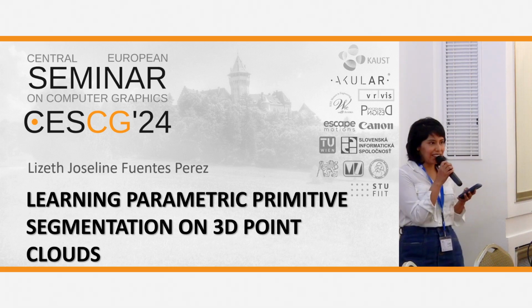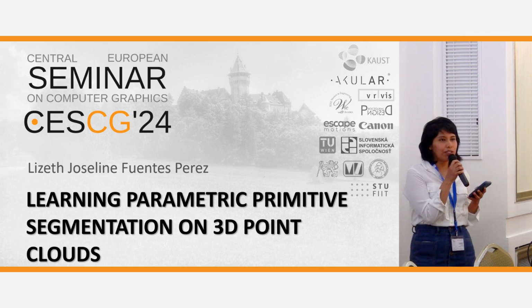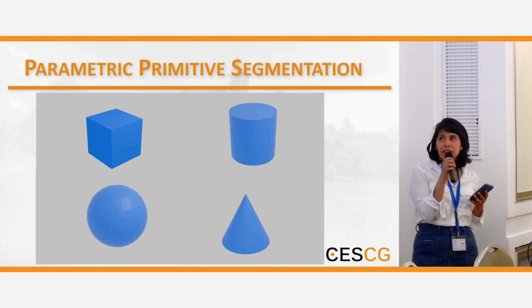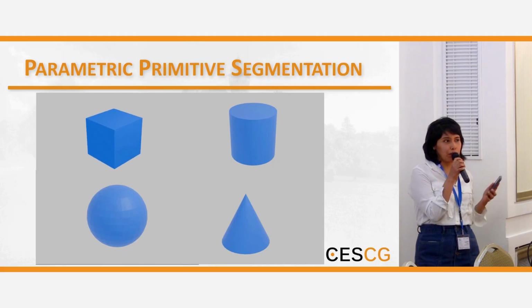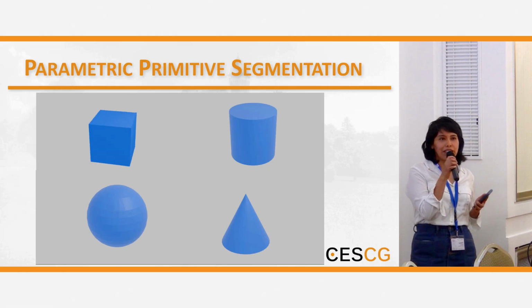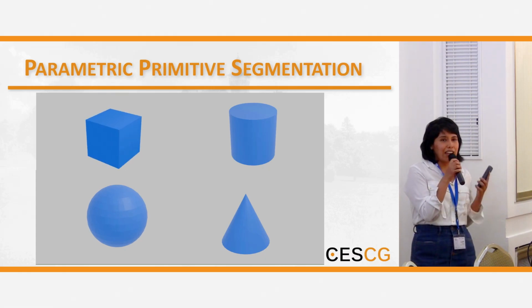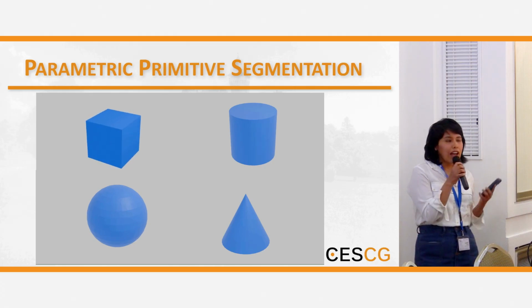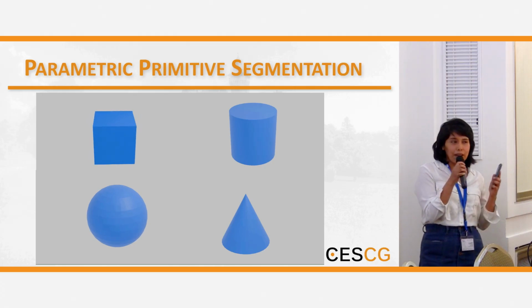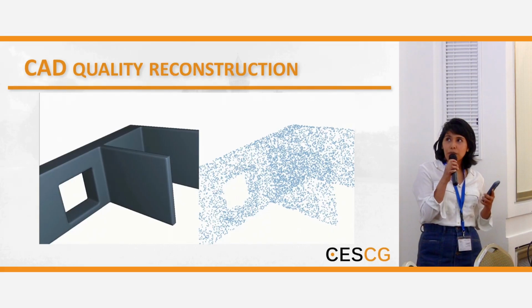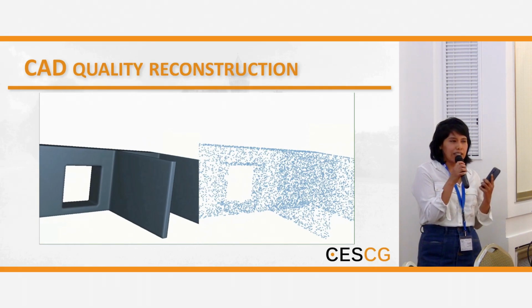Hi, I'm Lisette, a PhD student at the University of Zurich. Parametric primitive segmentation is a useful technique for decomposing 3D point clouds into simple geometric structures such as spheres, cones, planes. In this talk at the PhD colloquium, I will discuss the potential of combining such primitives using assembly operations